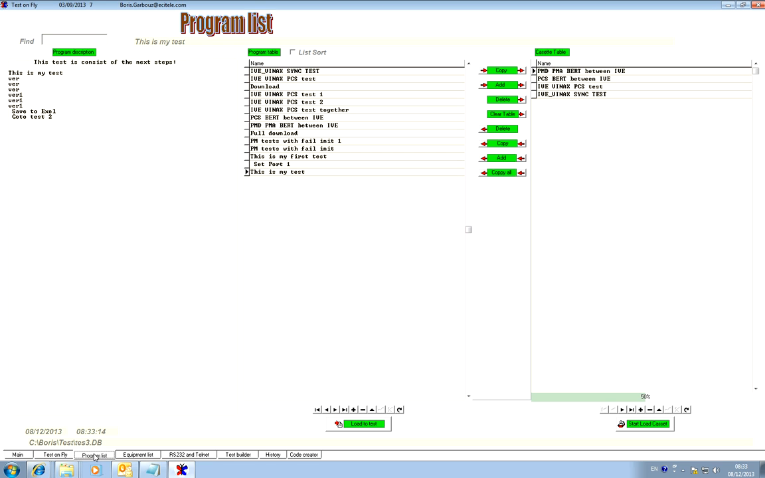This is my test. I change the name and I want to save it. Now I want to save once more. It will be test number 3. Okay, and now I can go to program list, and I see that the name is,